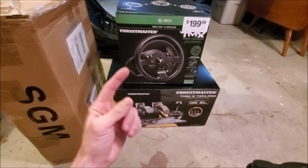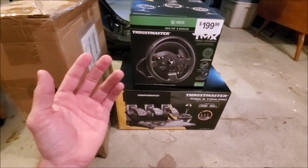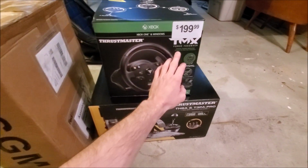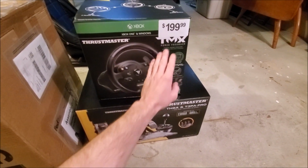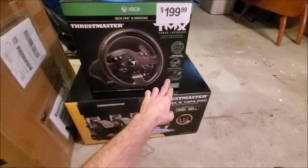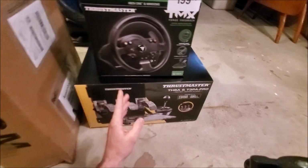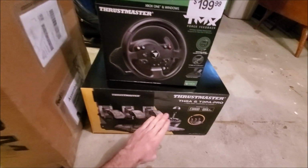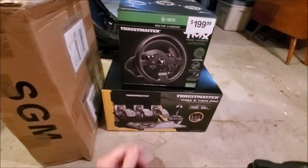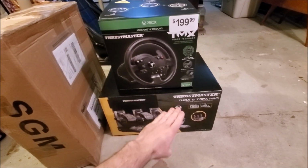So I was like, I'm on a budget. I don't want to spend too much money on this, but I do want kind of the better stuff. So what I did is I was actually able to save myself about $60, $70 by getting just the wheel with the pedals that only come with 2 pedals, and then ordering this separately. No matter what, I was going to have to spend this money, but I saved another 50 or 60 bucks. So I did that. I have my wheel, I have my pedals, I have my shifter,